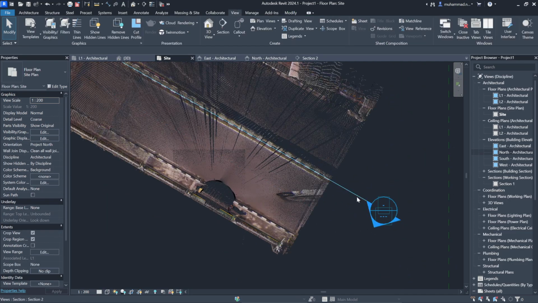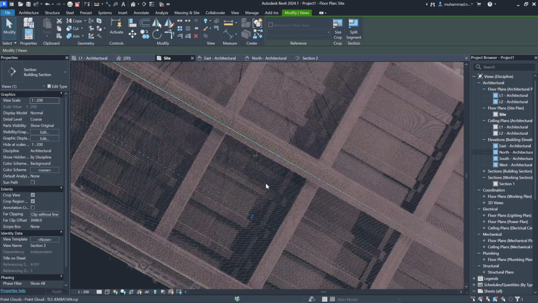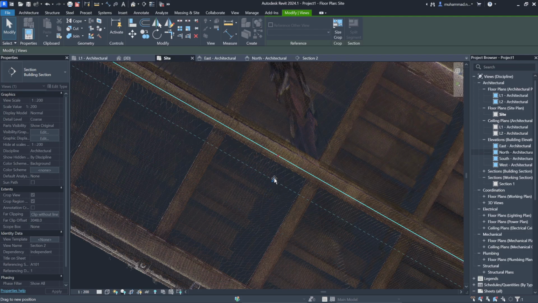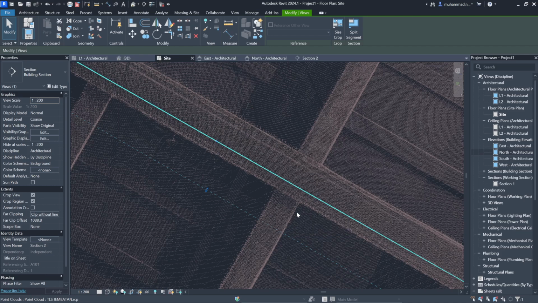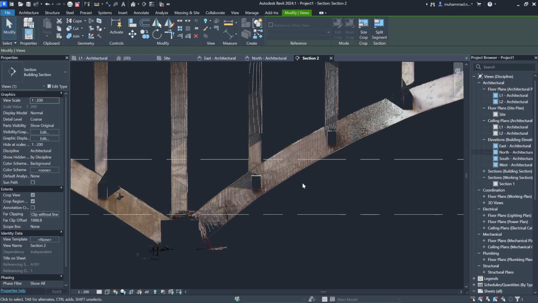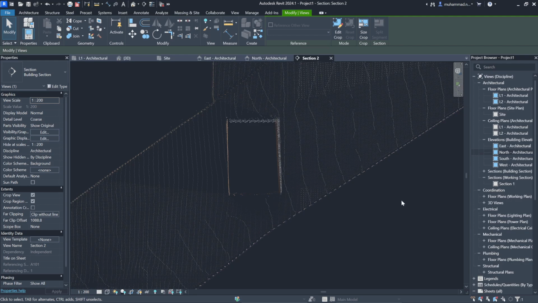This is the extent of view. If we go right here, it will include the point cloud between this and this. The point cloud acquisition from the field work just includes the point cloud outside the beam. It doesn't include the empty zone in the point cloud data in the beam. As you can see, the beam is empty because the point cloud is just right here, right here, and right here.